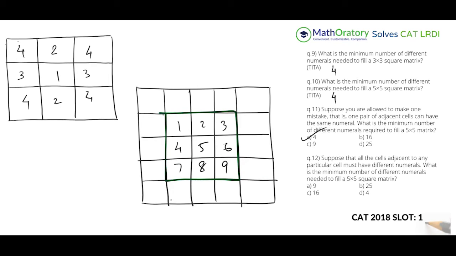Now I'm going to take up another 3 cross 3 section. If I take this 3 cross 3 section, you can see 1, 2, 3, 4, 5, 6 is filled up, and I'll utilize that transposing idea that we discussed in one of the previous questions. 7, 8, 9 is not used, so I will transfer this entire block here so that in this 3 cross 3 grid, all the 9 numerals are used. That is how I'm looking at any 3 cross 3 grid. I should be using 9 different numerals.